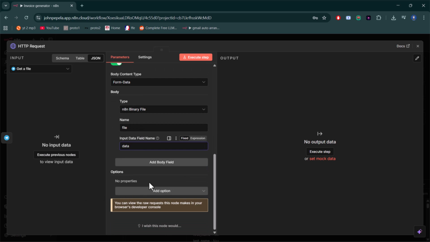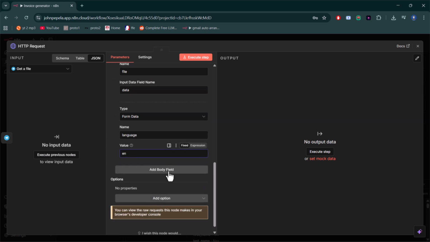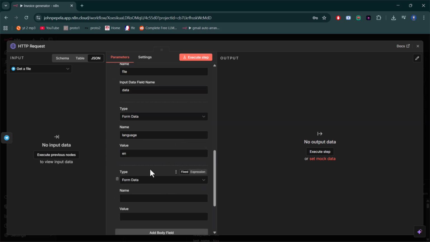And then we are also going to add another body field, which is form data. Make sure you specify the language, and then language is English. And then another body field, which is also form data. And then this is required by OCR, so it's overly required. Make sure you write false,